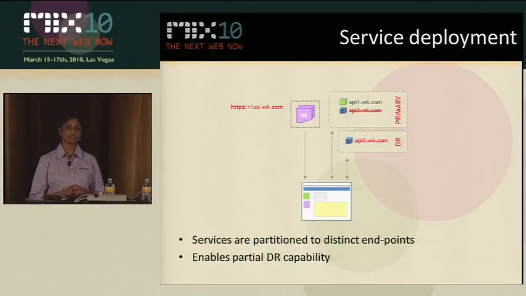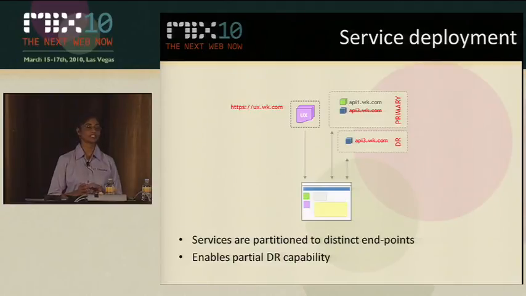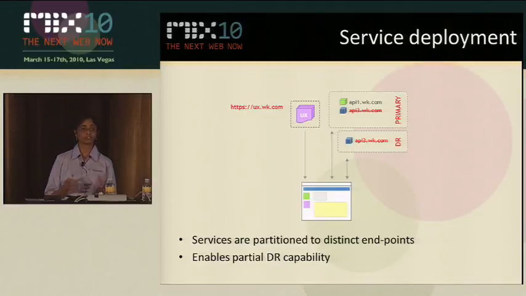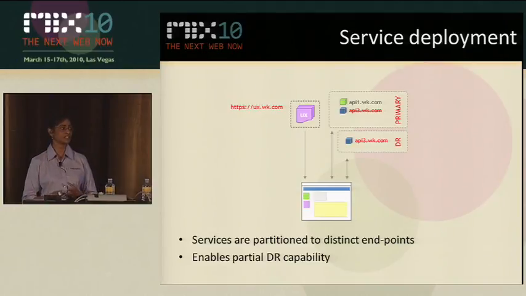This kind of breakup also helps with disaster recovery readiness. Now, if we wanted to make our application DR ready, and if all our web services were piled into one big group, then we're going to have to make sure that all those web services are DR ready before we can declare that we are DR ready. But if we break it out like this, then we could incrementally add DR readiness to our